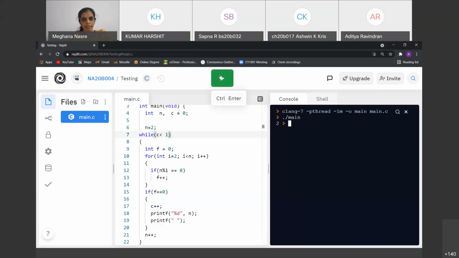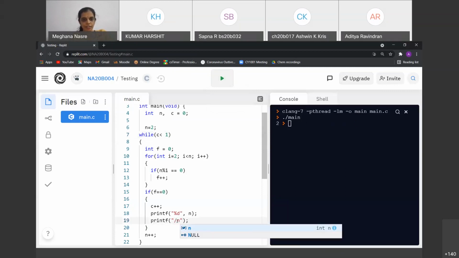Okay, good. Again, there could be a \n given at the end of the whole program. That is fine. And one more thing that could be written is the first prime is this, second prime is this, but that is not something that we asked for. So it is not expected that you write it like that. So this is fine.